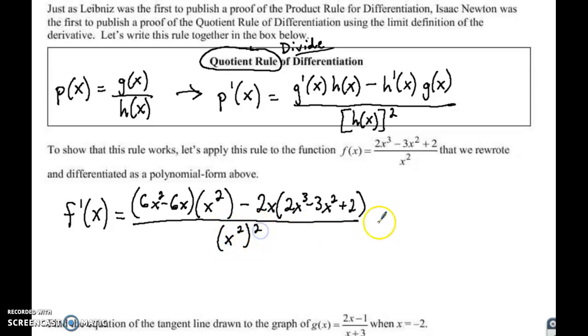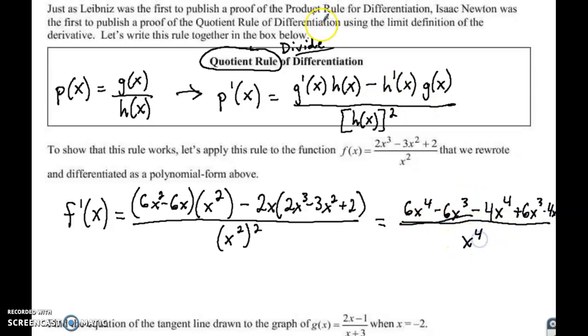Well, let's do some simplification now. As you distribute, you would have 6x to the fourth minus 6x to the third minus 4x to the fourth plus 6x to the third minus 4x, try to squeeze it right there,